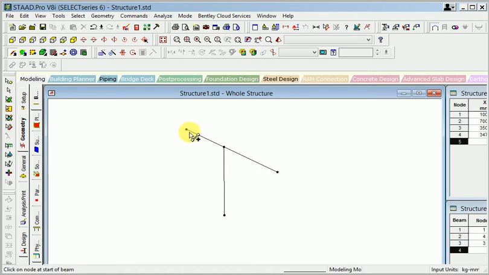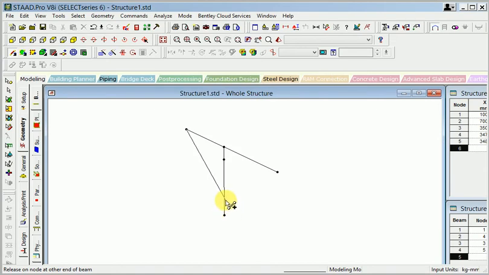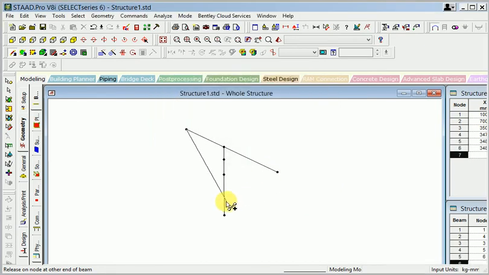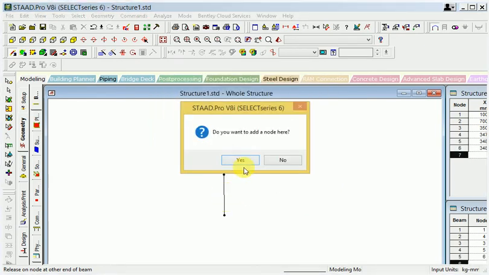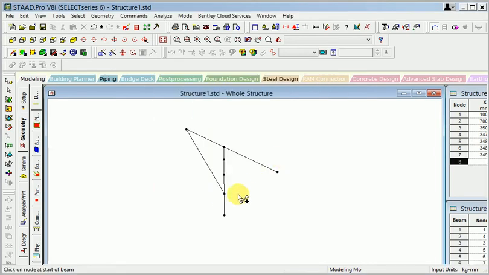If I want to edit a joint, properly we get this point to joint here, add beam, OK. And also joint this point here.